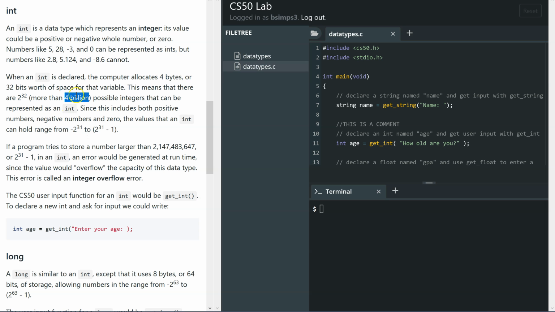And that's how many things it can hold. That's actually not the maximum. The maximum is 2 to the 31, which is just over 2 billion. And it goes down to negative 2 billion as well. So if this number is the biggest integer I can store, and I go back to my lab where I'm doing it,